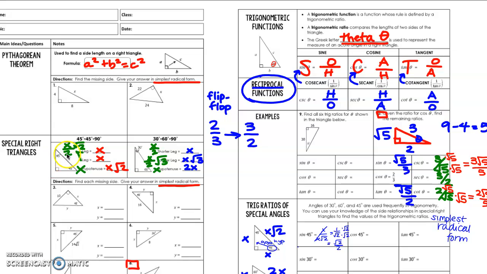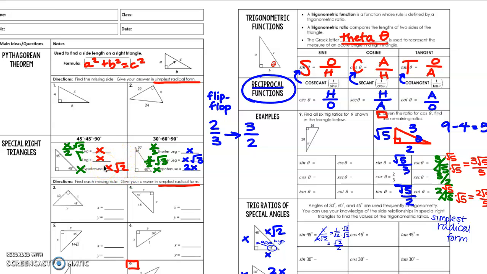But this is the idea that with 45-45-90, we're working with an isosceles triangle. So each of these legs I'm just going to call x, and I know I don't have those labeled right now, but each side length is x, which means that if I were to use the Pythagorean theorem, my hypotenuse would end up being